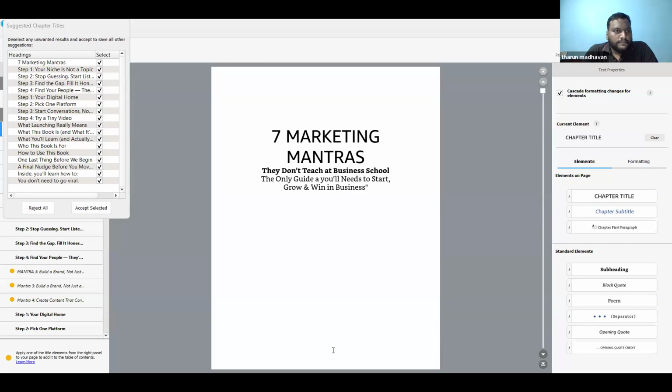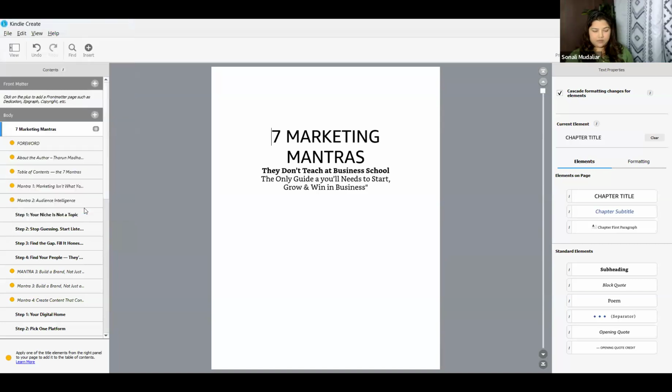Now on my left hand side, there is a window that says 7 Marketing Mantras, step 1, step 2, step 3, step 4, then again step 1, 2, 3, 4. Then what launching really means, what this book is about, what do you think, and everything is being added. Do you see this? I'm going to currently just say accept everything, to be honest.